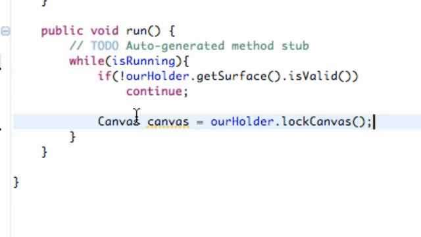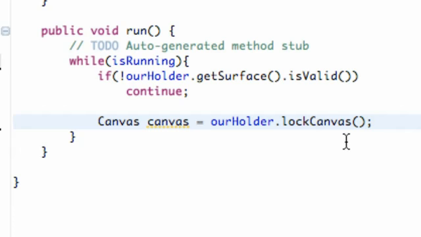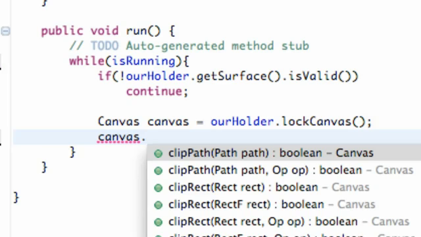Basically what's happening is we have this masterpiece, this great idea, and we want to paint it. So we're going to lock our door, then paint on our canvas, and then unlock our door and show the whole world what we came up with. That's what we're doing within this loop here. We're locking the canvas so no other classes, no other activities can access it. That's the point of locking it: no other threads can get to it. Once it's locked, this is where we're going to start drawing on it. So we're going to say canvas dot draw